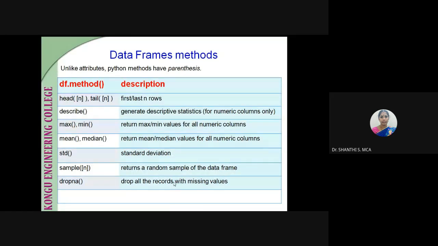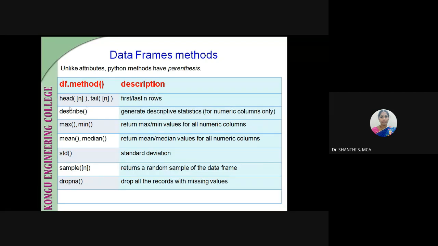Okay. So we have thousands of records, and it is not possible to display all of them. Suppose you want to display only sample records, we can make use of the head and tail functions. The head function will display the first 5 records. If you give head with open and close brackets, it will display the first 5 records. If you give n, head(10) means it will display 10 records. So it will display the first and last n rows.